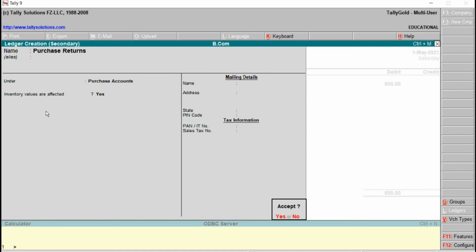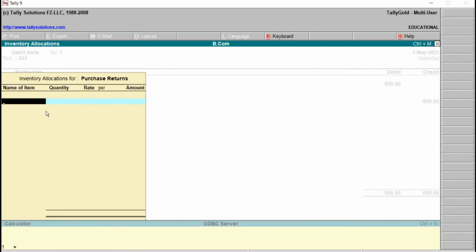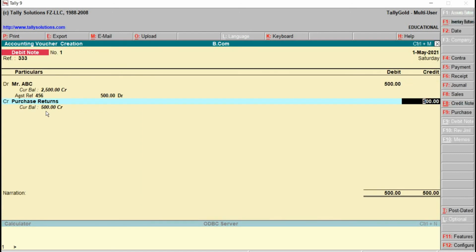Accept? Press Y from the keyboard. This window we have to skip because we don't have any details regarding the stock or the inventory. 500, type the narration. Accept? Press Y from the keyboard.